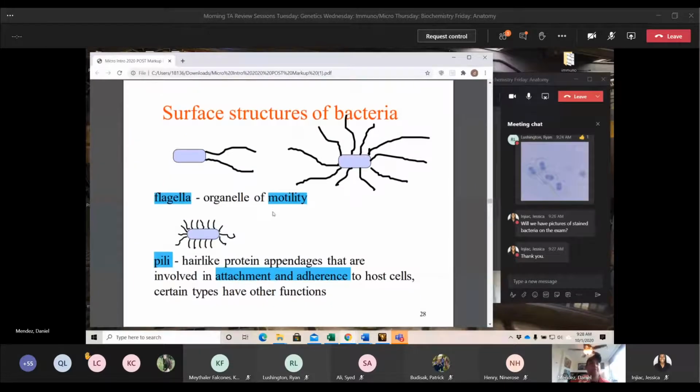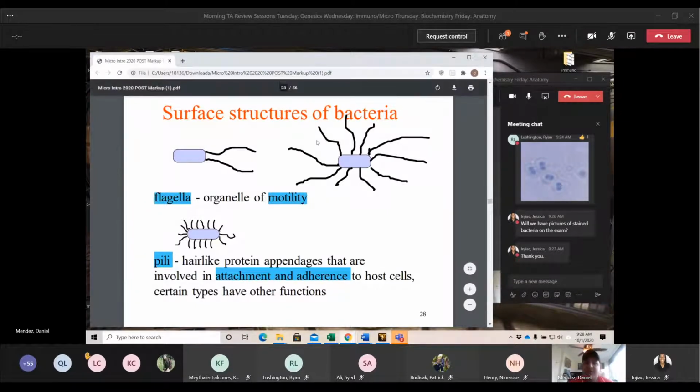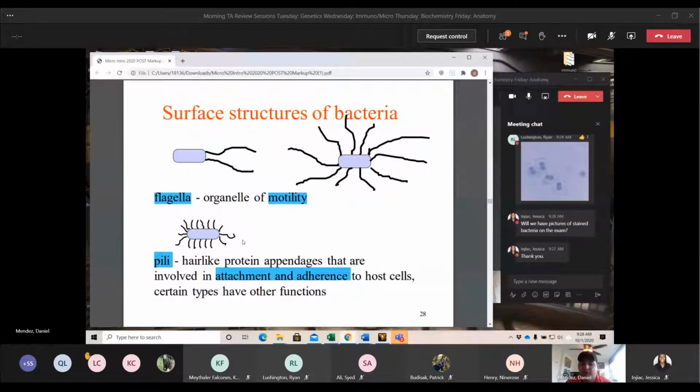And some other surface structures that we see are the flagella, which is just for motility, and the pili. The pili are hair-like projections. When you see pili, you can see it's very different than a flagella. With flagella, usually you're going to get 1 to 2, sometimes more than 2, but it's unlikely. When you see a whole bunch of hair-like structures on the outside, that's going to be your pili. Also, pili are usually a lot shorter than flagella, unless the pili is stretching out for attachment.